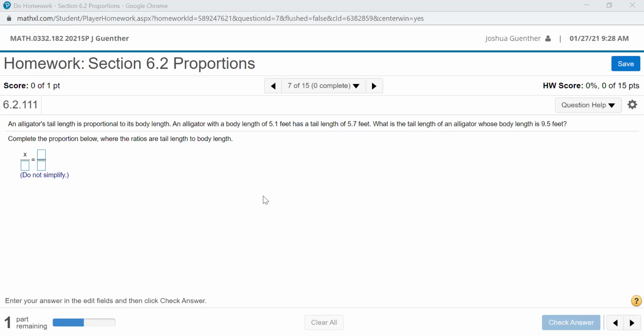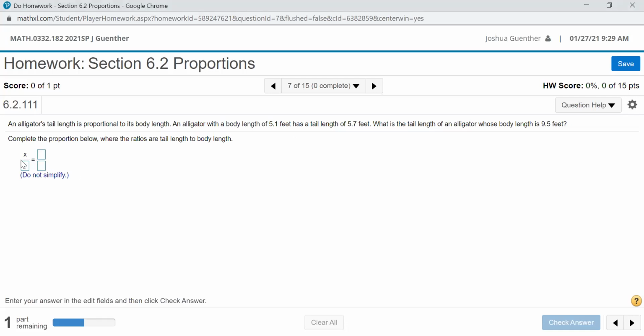What is the tail length of an alligator whose body length is 9.5 feet? So the top part of our fraction is going to be tail length. The bottom part of our fraction is going to be body length. Why? Well,